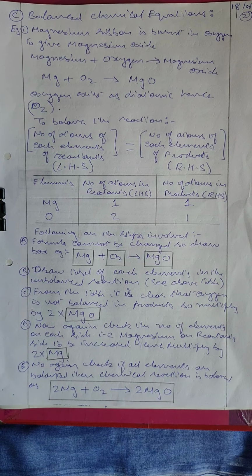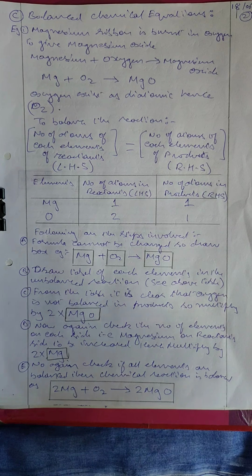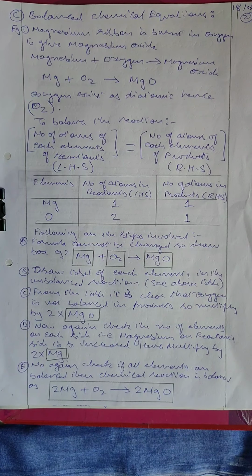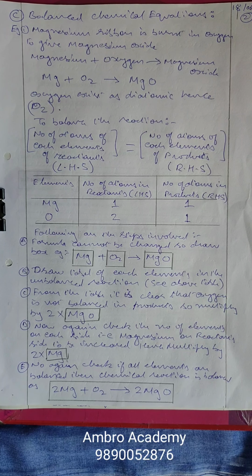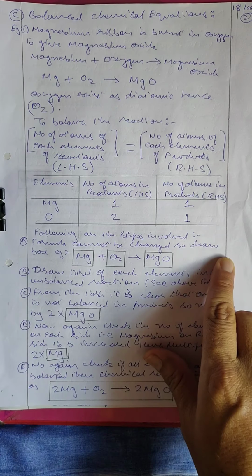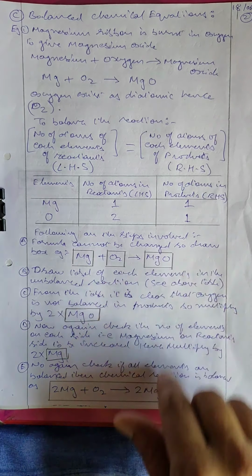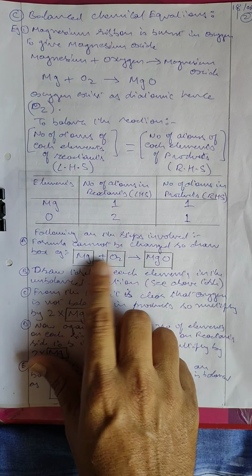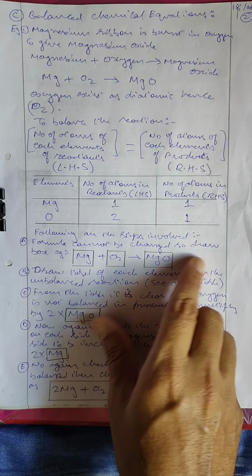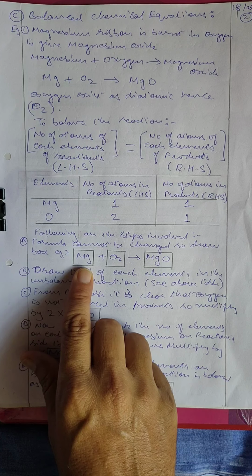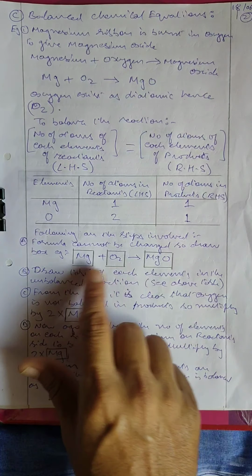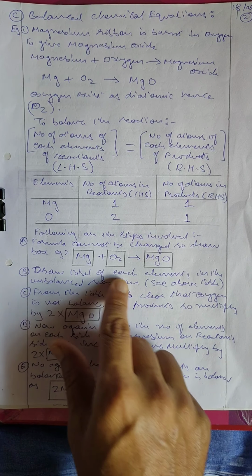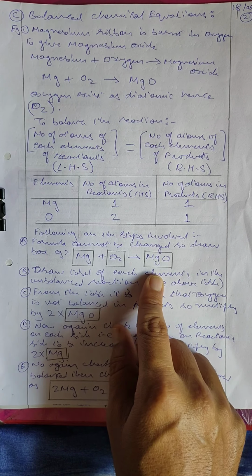So there is a problem here in oxygen, because you have two oxygen on the left hand side and one oxygen on the right hand side. That means you need to balance the equation. These are the steps which we need to follow every time. First of all, the formula cannot be changed, so draw a box. In the textbook they have said that we should draw the box. It is not necessary, but they have said that because we cannot alter or change the formula.